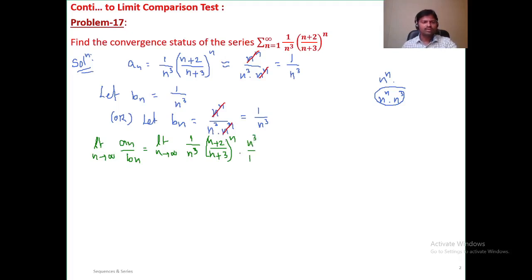The n cube and n cube similar terms cancel out. So what remains is limit n becomes large,